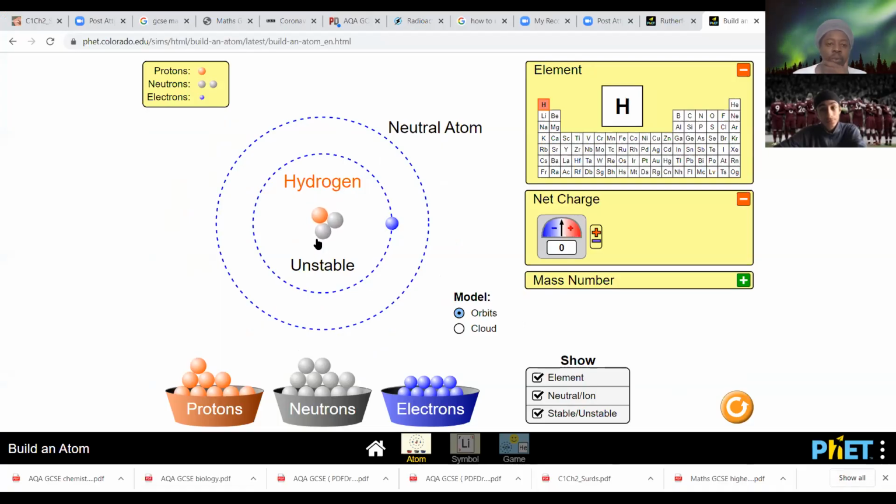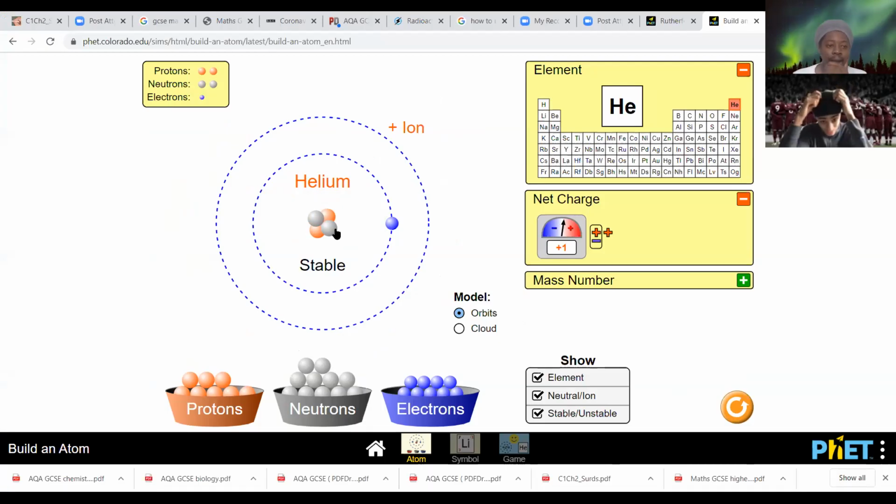All right. So what we can generalize from this, and I can carry on building it if you want, and I put in another proton. What happens to it if I put another proton in there? It becomes stable. Absolutely. Why is that though? Because neutrons have no charge. Yeah, neutrons have got no charge. Well, there is a certain balance between protons and neutrons, or a certain ratio that favors the atom to